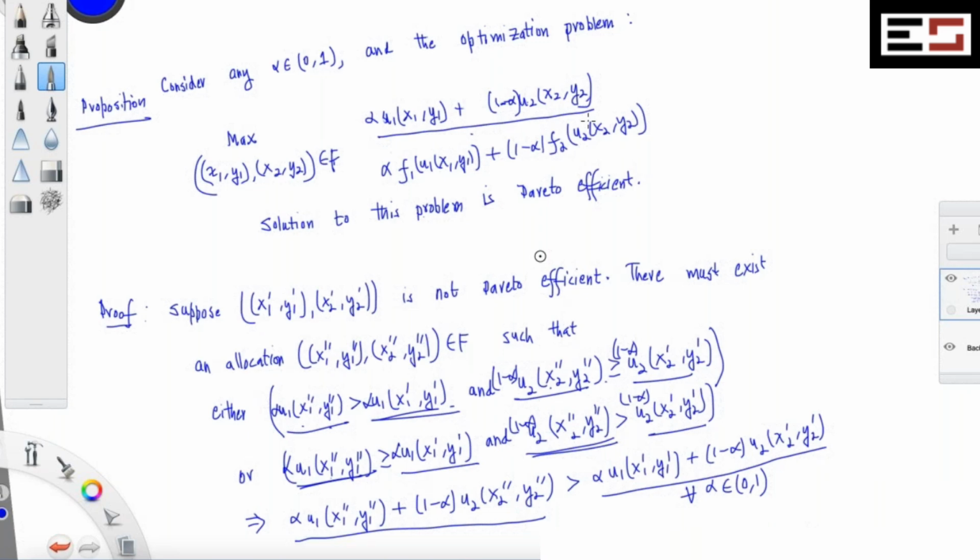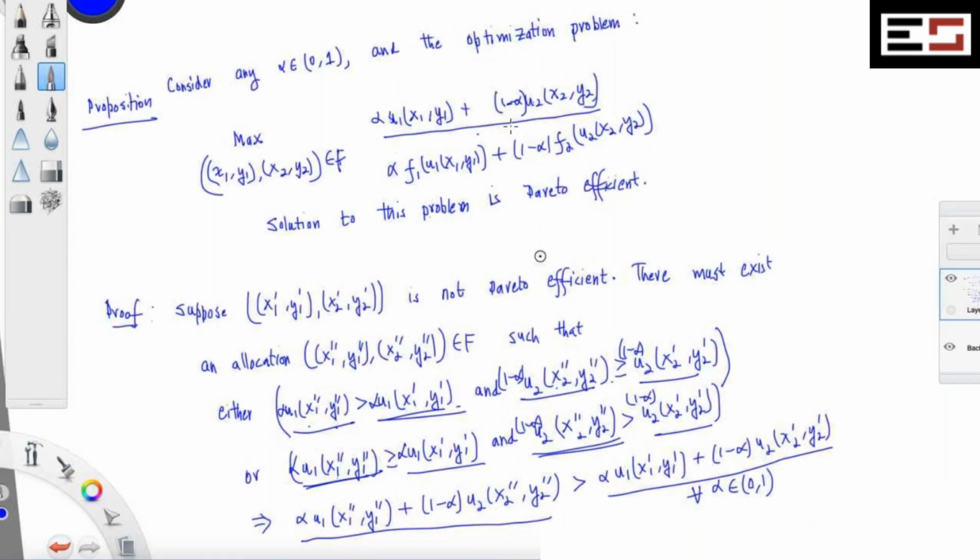That's also possible. But the point here is that this is a sufficient condition. Any problem like this, if you solve it, where f1 and f2 are strictly increasing functions, these are monotonic transformations of the utility functions. f1 of u1 is a monotonic transformation of u1, f2 of u2 is a monotonic transformation of u2. That's right. So there is a lot of scope here to actually pin down all efficient allocations. Okay,